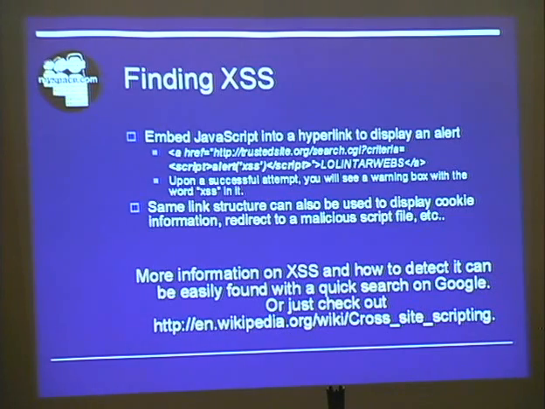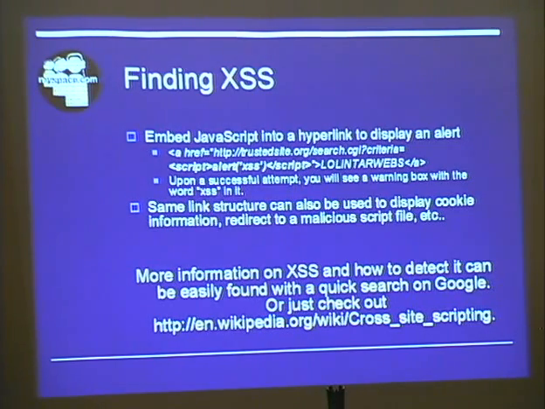And under the criteria, you would tell it to run script alert XSS, which would come up, an alert would pop up as soon as you click the link that said XSS. And that would mean that it's vulnerable because you just put basic JavaScript into the URL. And LOL interwebs is the actual name of the link that would come up instead of actually seeing anything that would look weird. And like it says, you will see a warning box if it's successful. And then you know right away that it's susceptible to cross-site scripting,